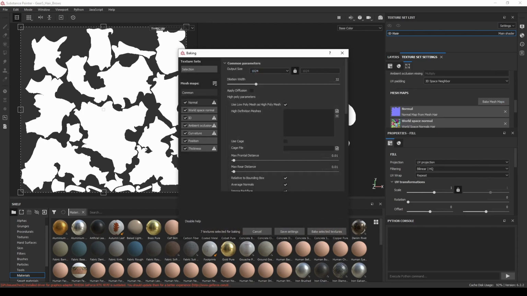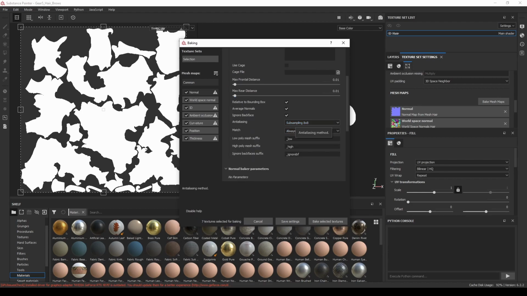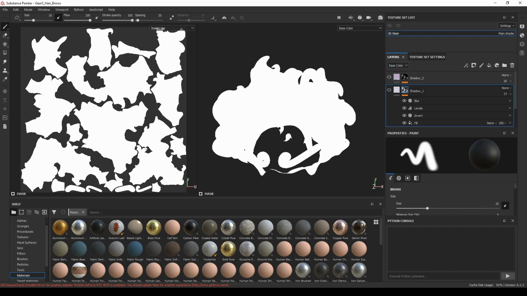I went to bake mesh maps, and I used the low poly mesh as the high poly mesh because I didn't really want to bake details from a high poly mesh. It wasn't necessary. And I set the anti-aliasing to 8x8, and that was about it. And then I baked the selected textures. Just need to press here. And something that I wanted was the ambient occlusion texture. So yeah,